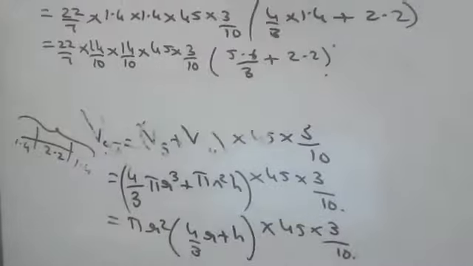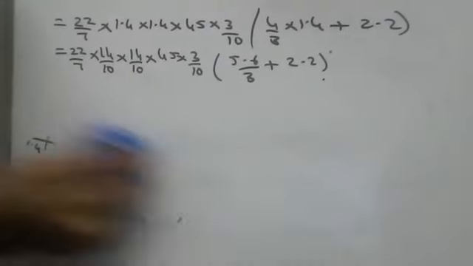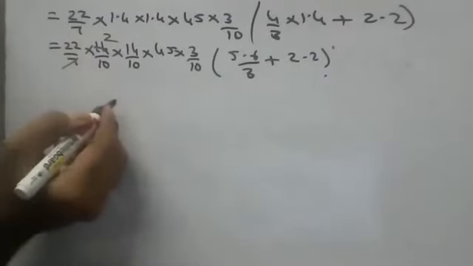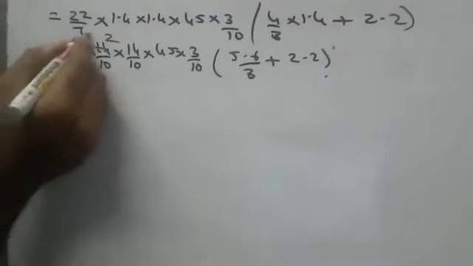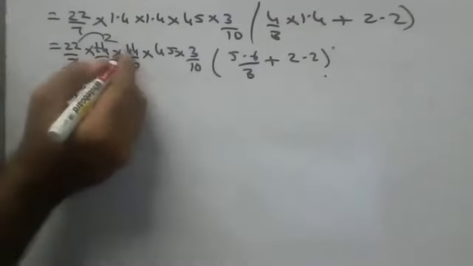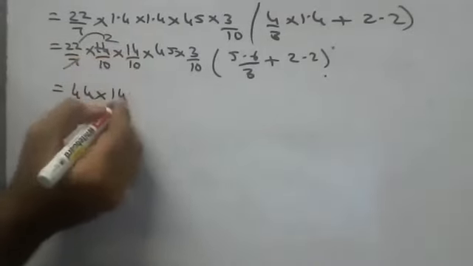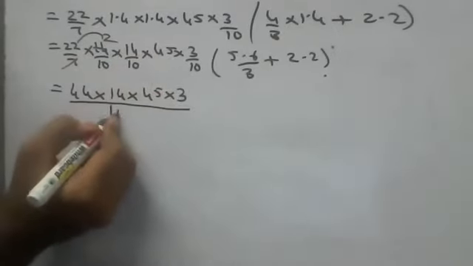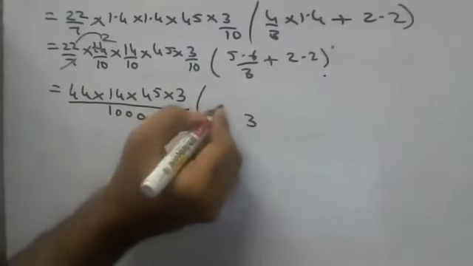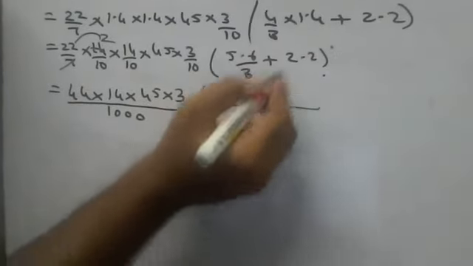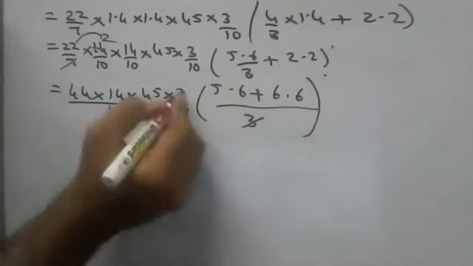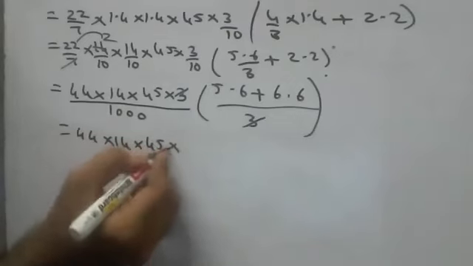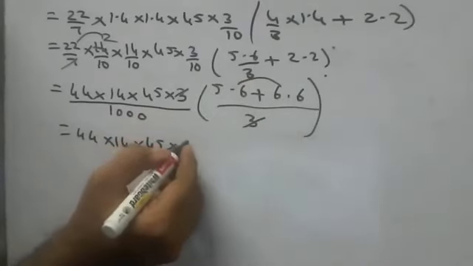Please keep copying along with me so that it will become easy for you. Any doubts you have, you can ask me, no problem. 7 2s are 14, so 2 into 2, 44 into 14 into 45 into 3 by 1000. If you take LCM, 5.6 plus 3 into 2.2, 6.6. This 3 I'm cancelling. 5.6 plus 6.6 is 12.2